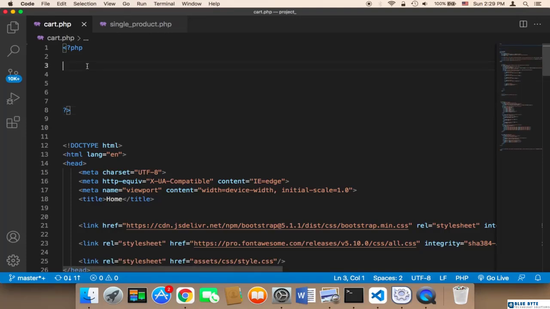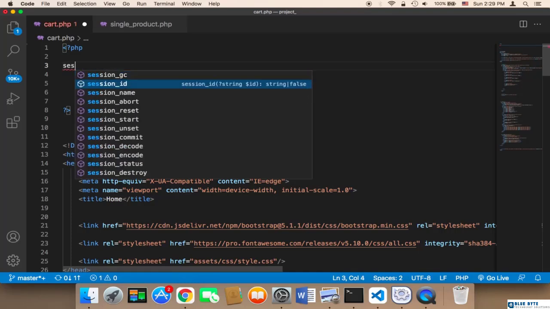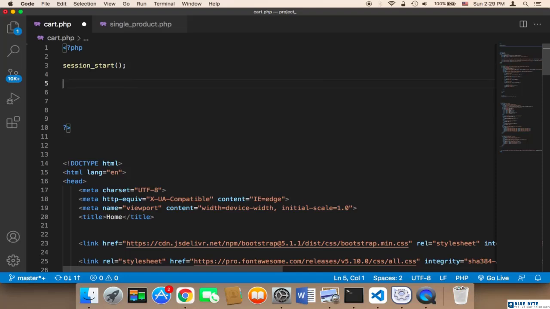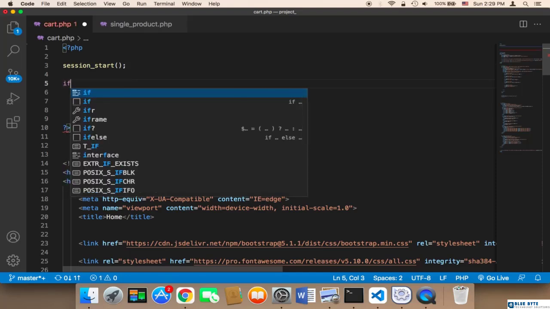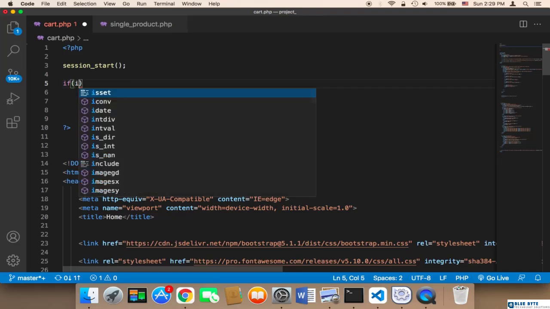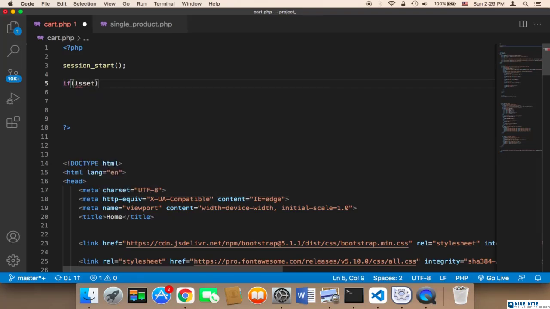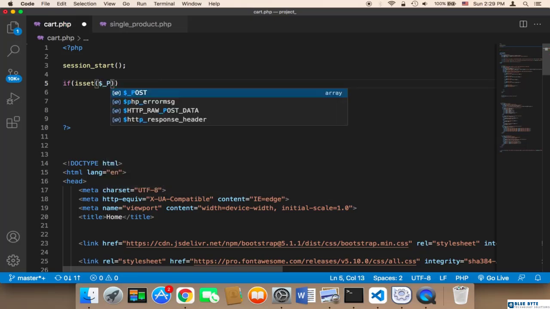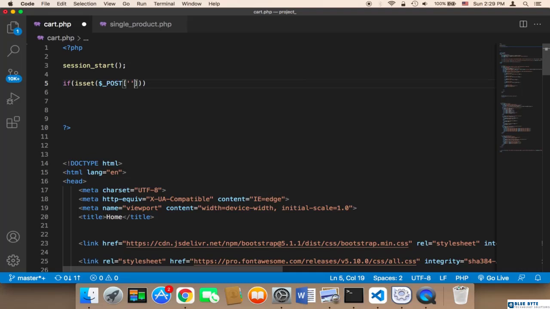So here, before we do anything, we need to use the session to do this. So I'm going to start by saying here session start, and then we need to check whether the post parameter is empty or not. So we need to use the isset function, and this isset function is going to check whether the user came to this page using the form or not. So I'm going to say here add underscore to cart,